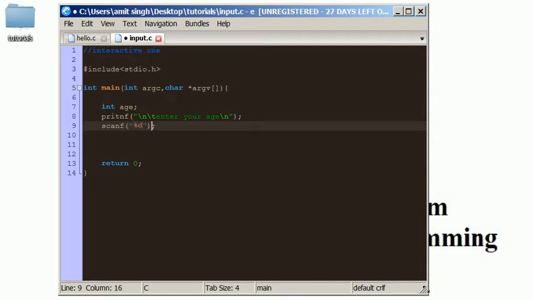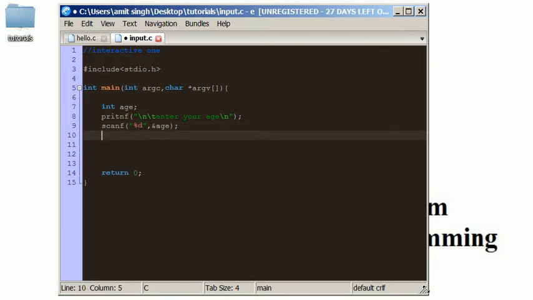For an integer, the access specifier is %d, and a comma, and we assign the value by using the ampersand sign and the variable name. Okay, now this scanf method will put whatever the user types into the age variable.